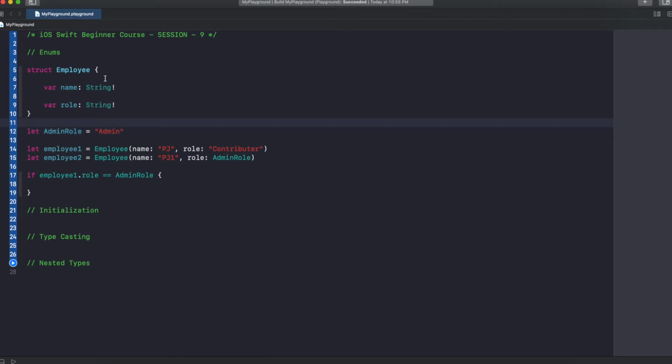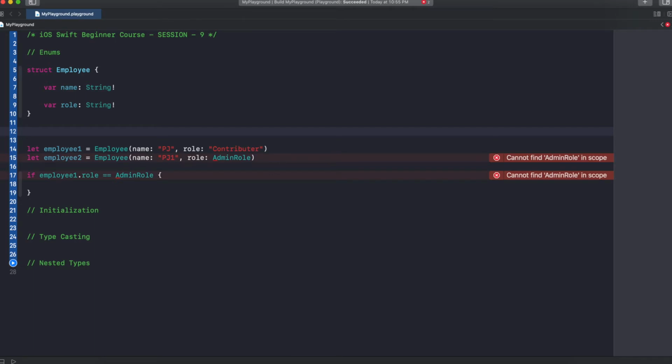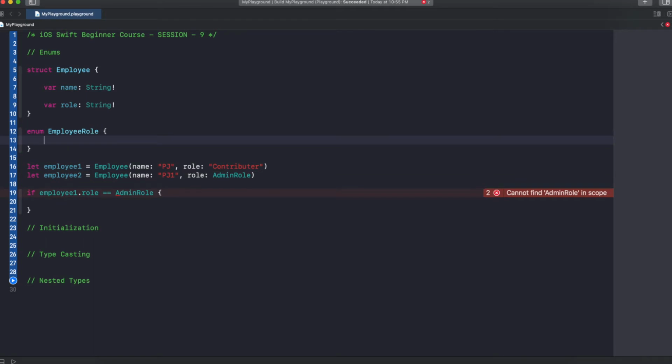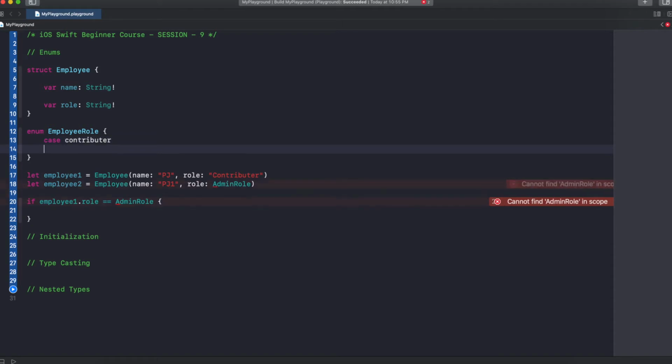When I say role, I'm going to create role types for the employee. So enum EmployeeRole, and what are all the cases it will have? Case contributor, and case admin.